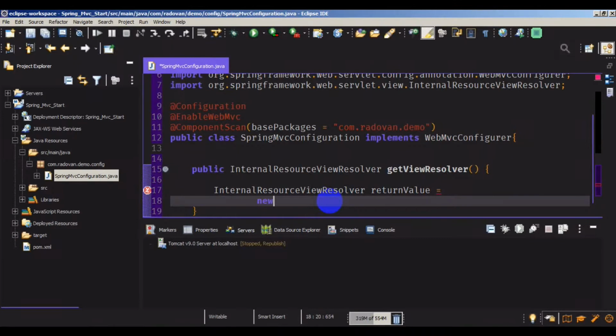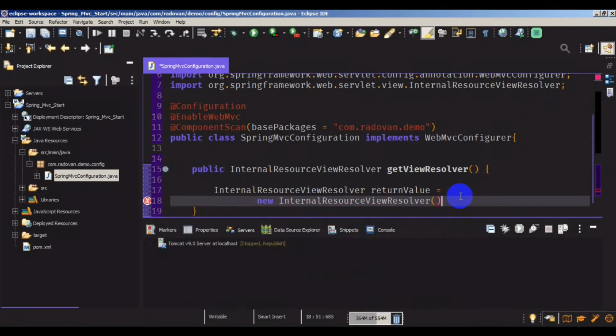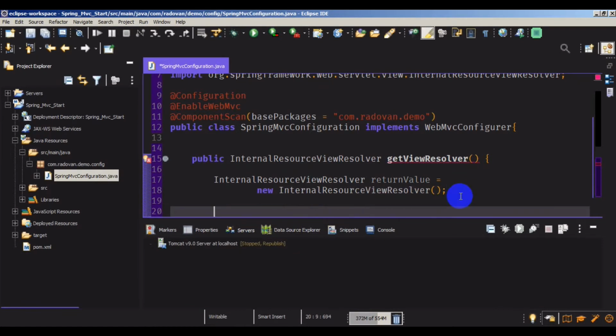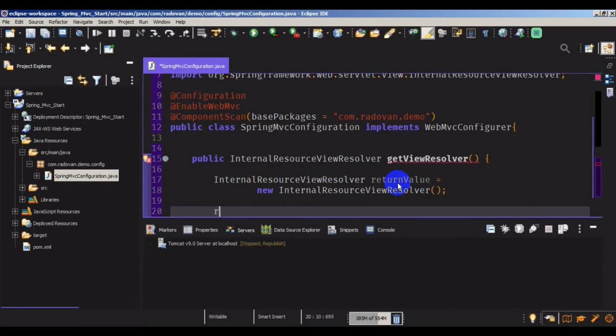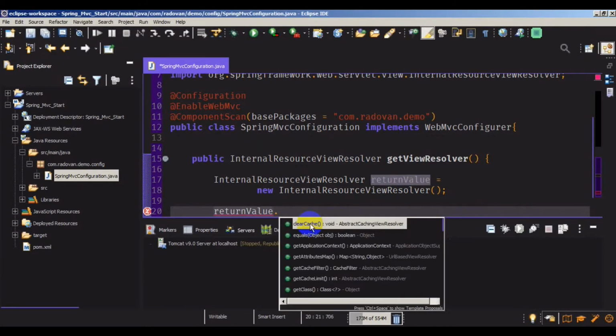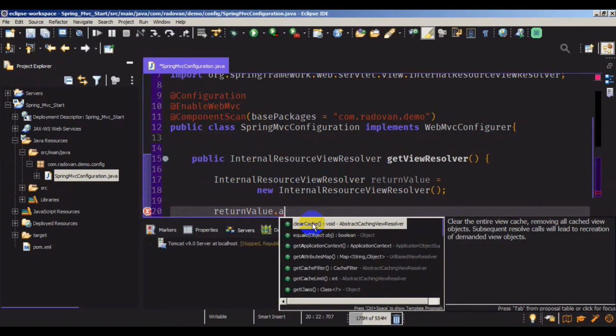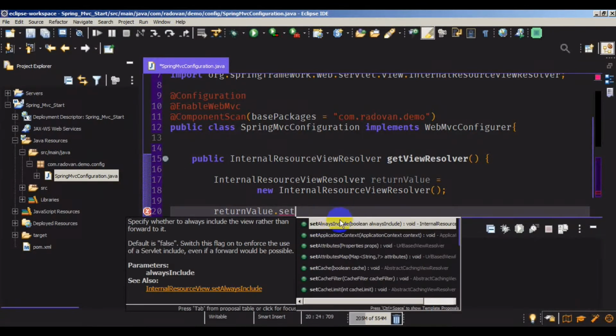And it will be new InternalResourceViewResolver. It's a simple one, and this view resolver, which we are calling returnValue, requires a prefix and a suffix, and I will explain what it means. For returnValue, let's first add the prefix. It's not add, it's set. Set prefix,